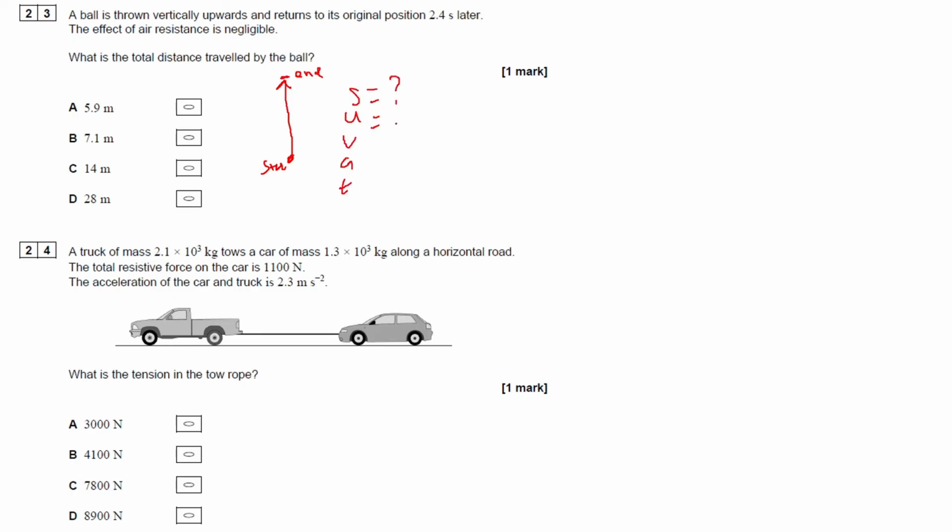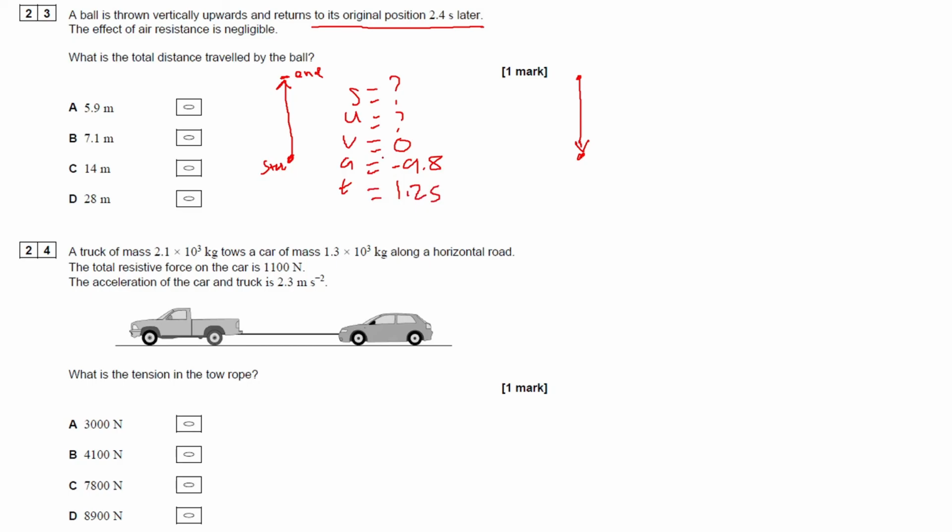We're trying to get s. Initial speed we don't know, final speed is 0 at the top, a is minus 9.8, and it does say in the question that it takes 2.4 seconds to get back to its original position. So in the second part of this distance is travelled, it comes back down to its original position. So both of them together took 2.4 seconds, but since it's symmetrical I could say that time is 1.2 seconds